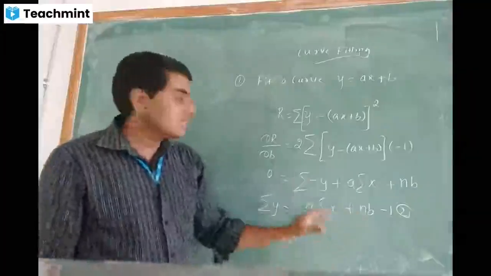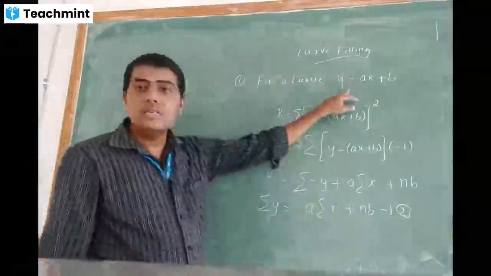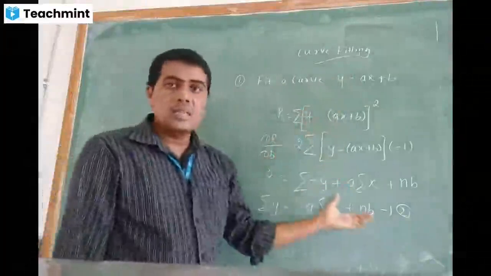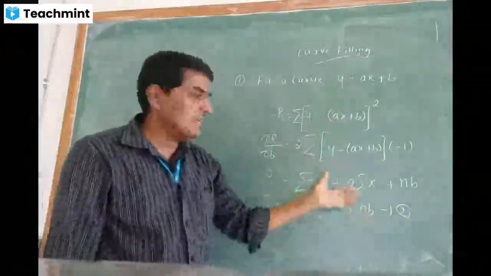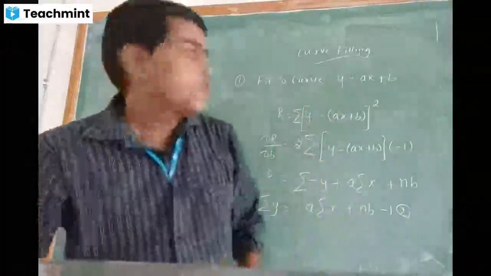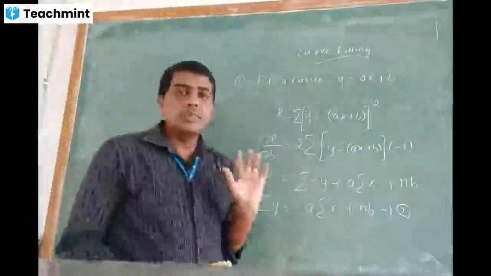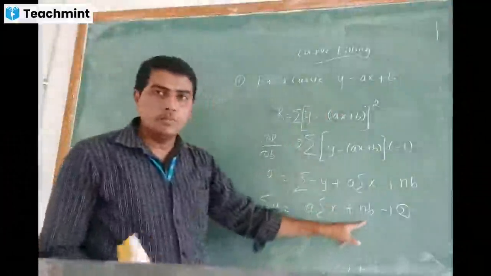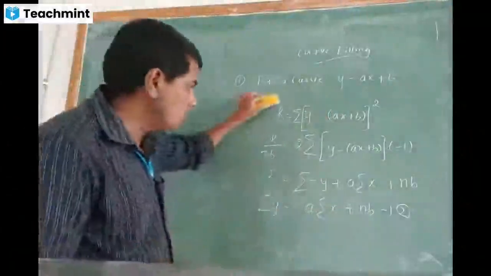So this is nothing but the general formula for the right line. Do remember, this derivation is not necessary. I am talking about it now also; it is not necessary. Now I am going to show you the shortcut method. Also remember these normal equations, equation number 1 and equation number 2. Fine, so I am going to show you now.